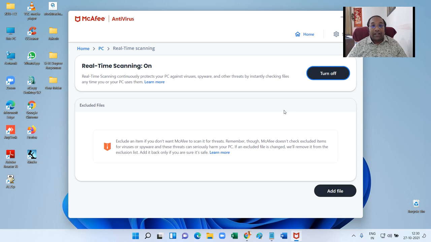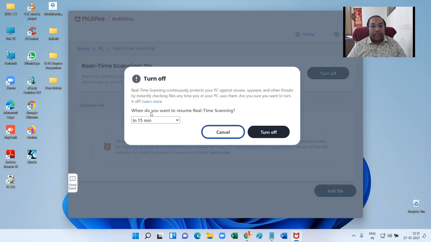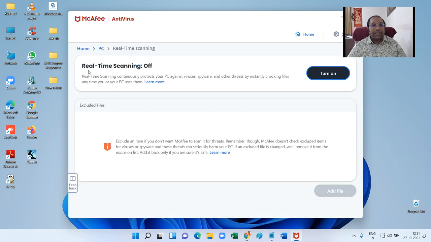Okay. Now when you switch it on and go to this screen, McAfee, you may have a different antivirus, so you will have to go to your real-time scanning window. So here is McAfee. Real-time scanning, if I click on turn off, it will ask me for how long do I want the antivirus to be turned off. So I will select when I restart my PC. Next time when I restart my PC, antivirus is going to automatically start. But for the time being, it is going to be switched off because I'm going to install the Light of KP Astrology software. So I'm clicking turn off. And as you can see here, it is shown real-time scanning is now off.